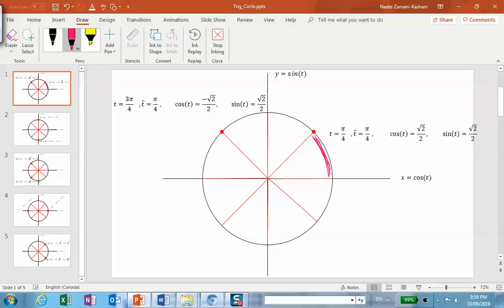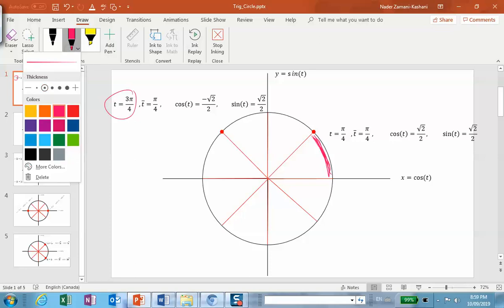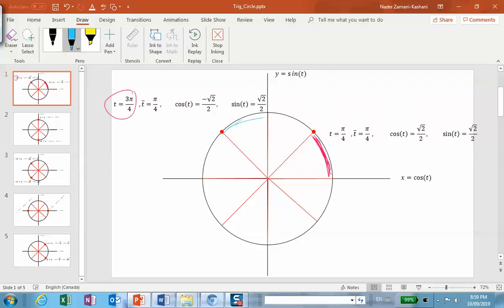And notice this value and 3 pi over 4 over here, the blue arc is corresponding to 3 pi over 4. It has a reference number the same as pi over 4, and they have the same height, which means the same sine. See, they're the same, and the cosines are numerically the same, except that the signs are different. Okay. When we go to the next one,